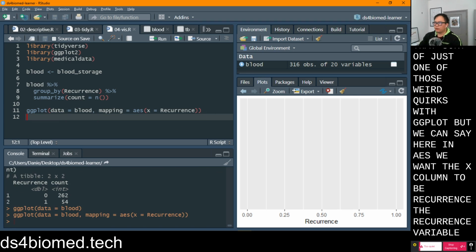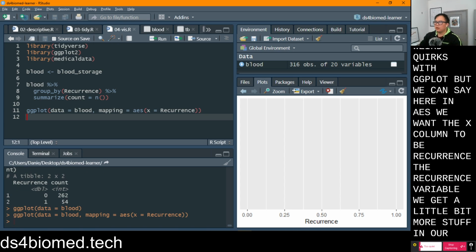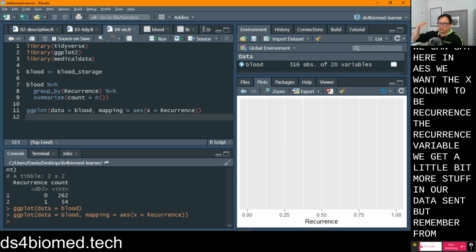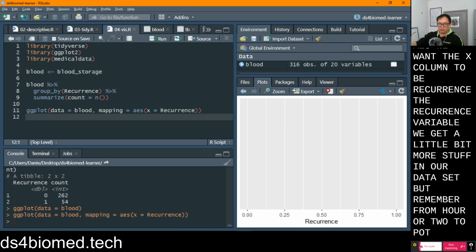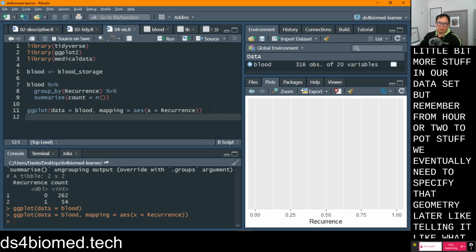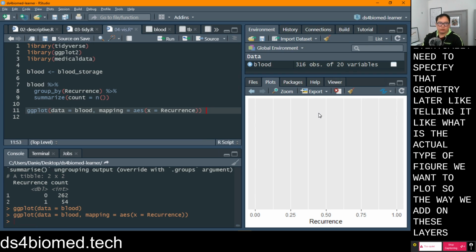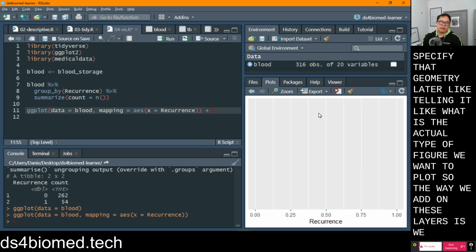So now if we run that, we get a little bit more stuff in our data set, but remember from our ggplot stuff, we eventually need to specify that geometry layer, like telling it what is the actual type of figure we want to plot. So the way we add on these layers is we literally use the plus sign,